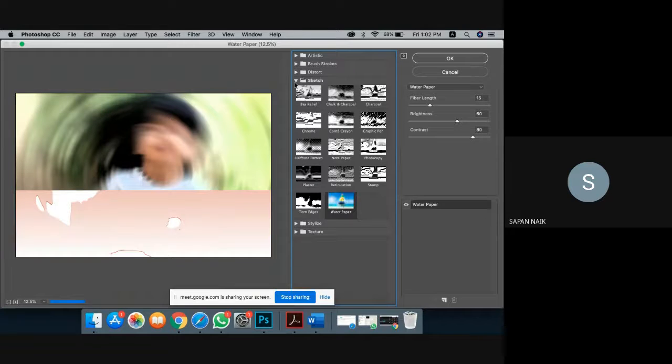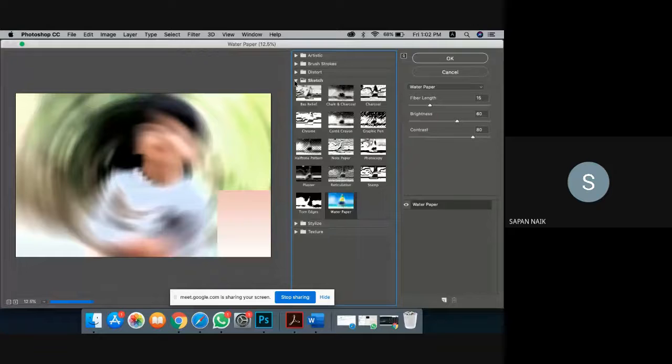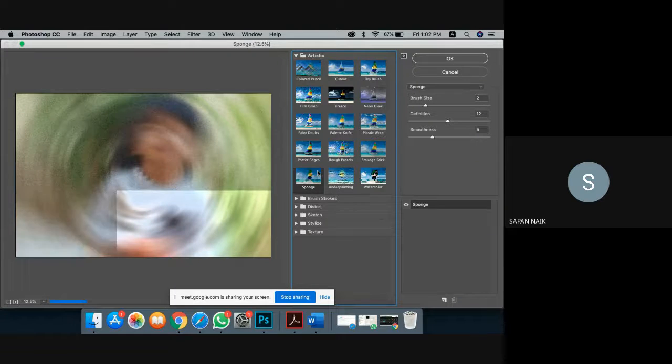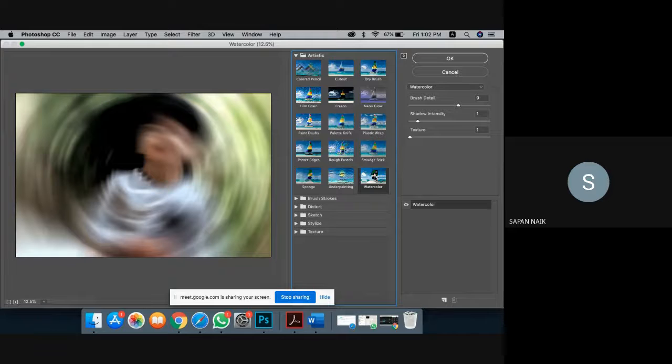This is the sketch effect that you can give to your image, or artistic. Suppose I want to make it sponge. This is not looking very good. So let's do watercolor. I want to give the watercolor effect. By the way, are you able to listen to me?